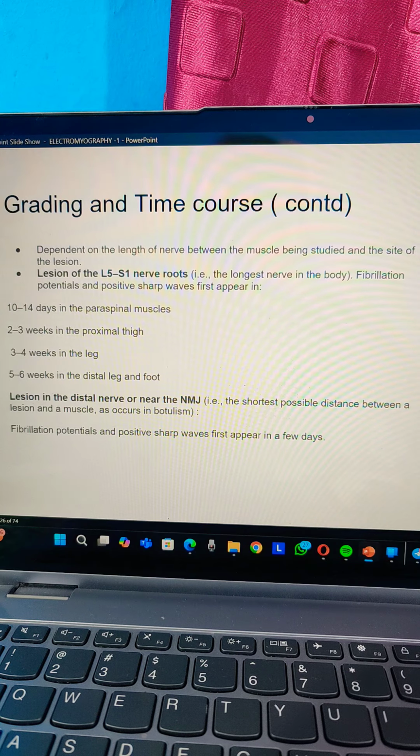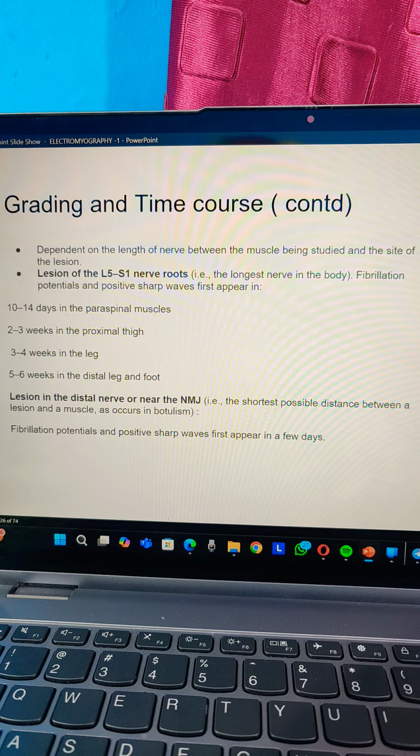Grading depends on the length of the nerve between the muscle being studied and the site of the lesion. A lesion of the L5S1 nerve root involves the longest nerve in the body. Fibrillation potential and positive sharp wave first appear in 10 to 14 days in the paraspinal muscles, 2 to 3 weeks in the proximal thigh, 3 to 4 weeks in the leg, 5 to 6 weeks in the distal leg